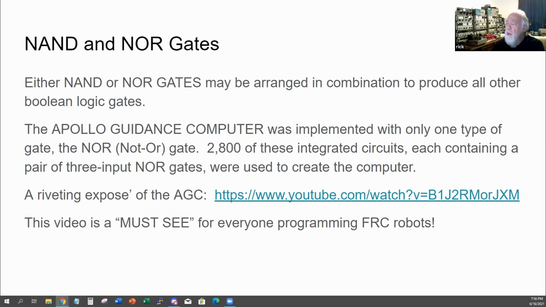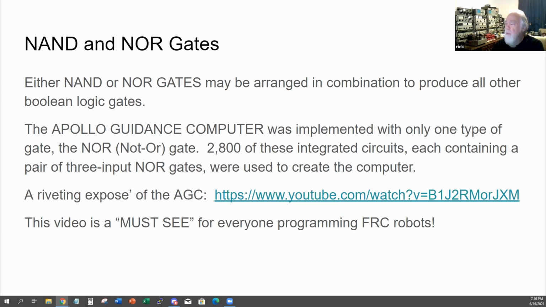And with 28 of those 3-input NOR gate chips, each containing 3 gates, they were able to build the entire Apollo guidance computer. And it was used to guide the Apollo program into orbit around the Earth and release from that orbit and get to the moon in lunar orbit, and then descend to the moon and land safely, then